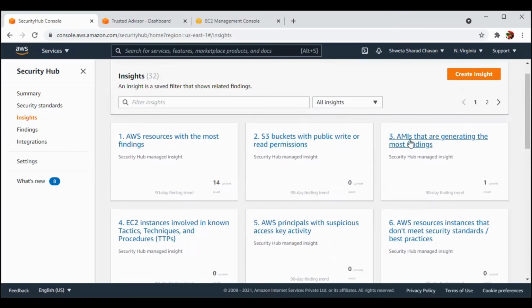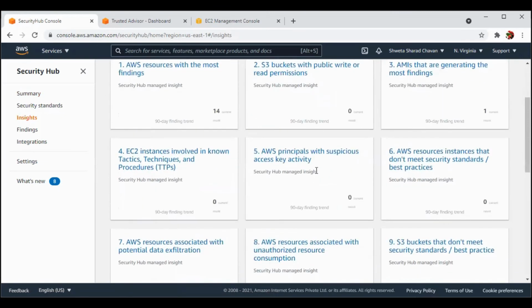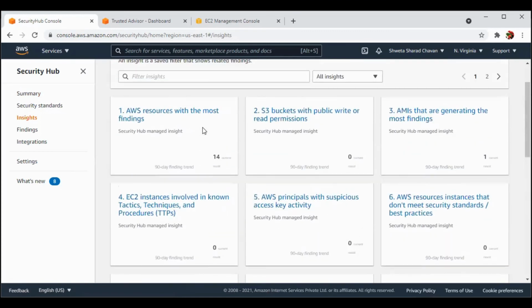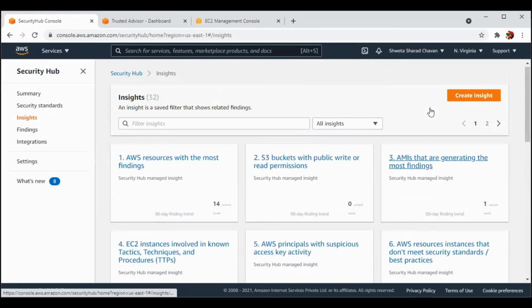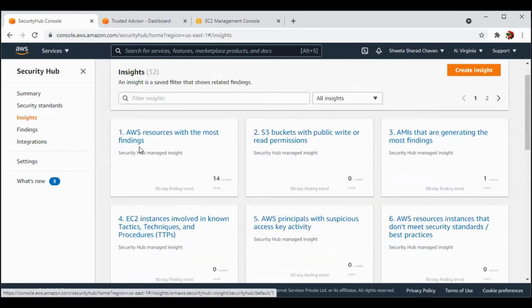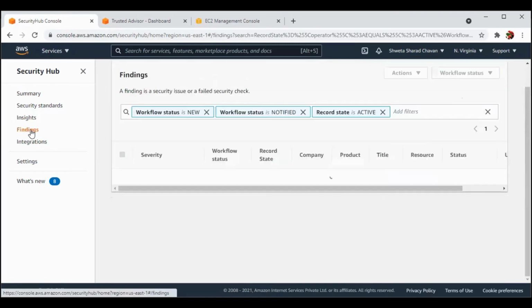These are the AMIs generating the most findings, and S3 buckets with public write or read permission. We can create or customize our own insight also. The first is AWS resources with the most findings. Here you will see the findings.